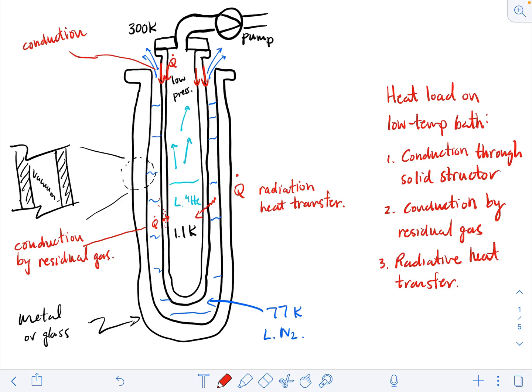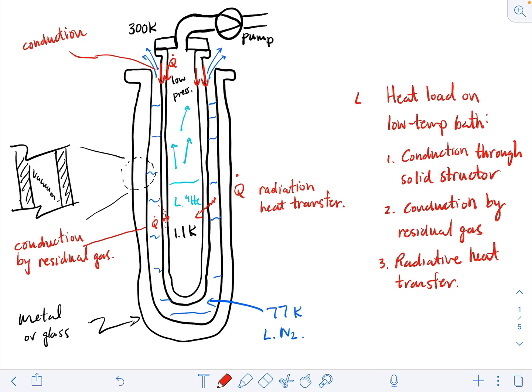And so we're going to look at all three of these probably in next week's lectures. And we're going to see how we can quantify those, and we'll come up with some strategies for mitigating these effects. So the total heat load is the sum from all of these contributions, and your base temperature is going to be set by when this sum of the net heat load is completely offset by the cooling power of